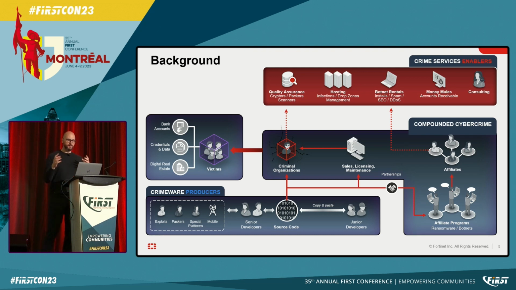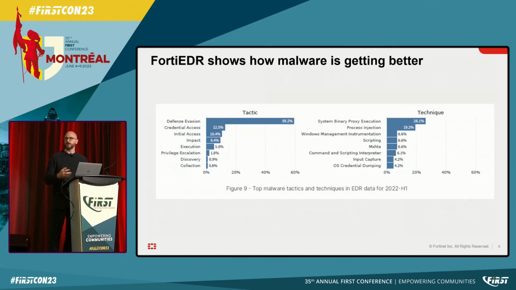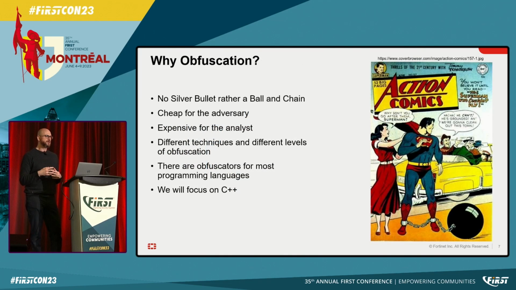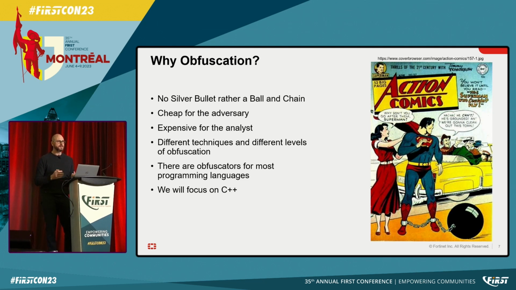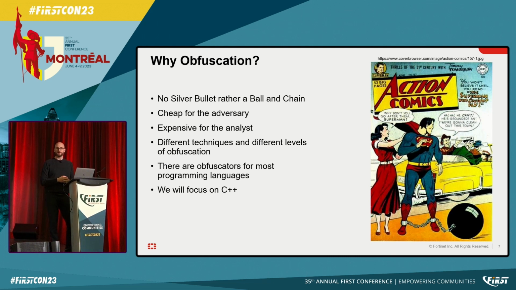A few additional points on why to talk about obfuscation is that generally, it's not a silver bullet in terms of usefulness for the attacker. It's more a ball and chain for the analyst. It's very cheap for an adversary to implement obfuscation because there are plenty of ready-to-use tools out there, and obfuscating the source code takes around 5 seconds. If you want to do some QA, then it's going to take maybe an hour to make sure that it's still working. It works on multiple levels, so it's very easy to implement obfuscation for attackers.